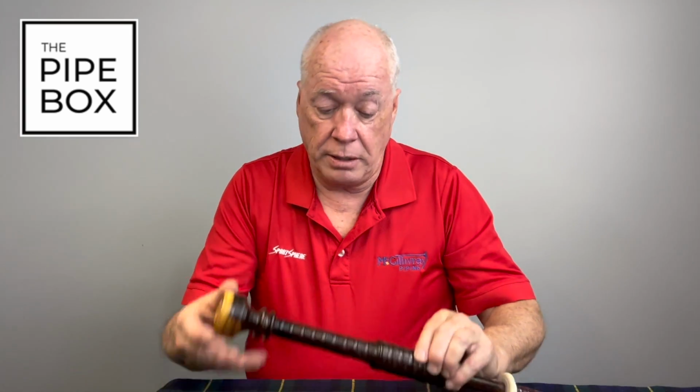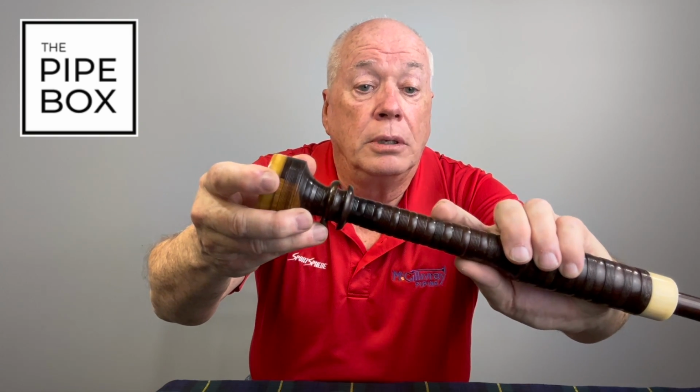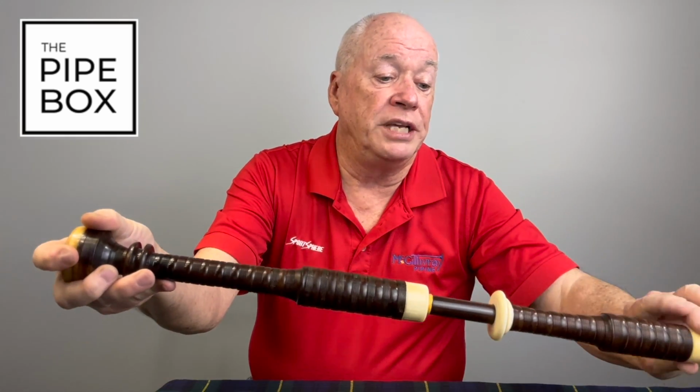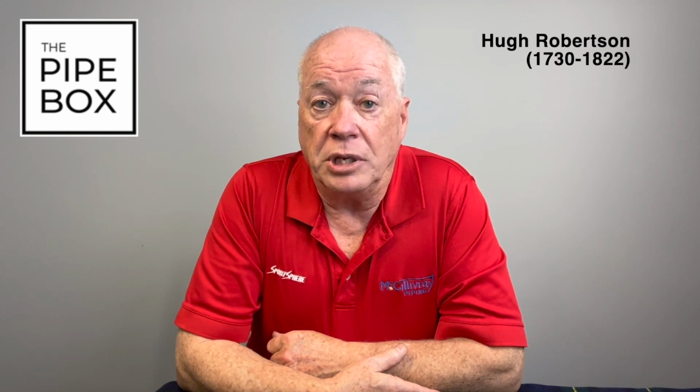Hugh Robertson, who lived a little bit earlier, he died in 1822, established the more modern look to pipes later in his career. By the modern look, I mean combing, the comb sections on a drone, the rounded bead sections, mounts in particular places and in particular styles. These traits were developed by Hugh Robertson and then picked up and carried on by Donald MacDonald well into the